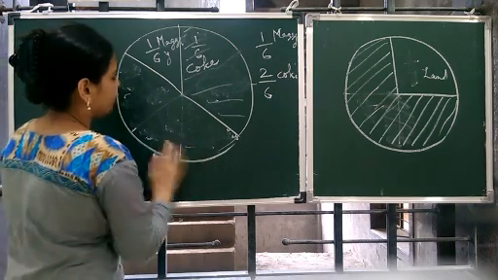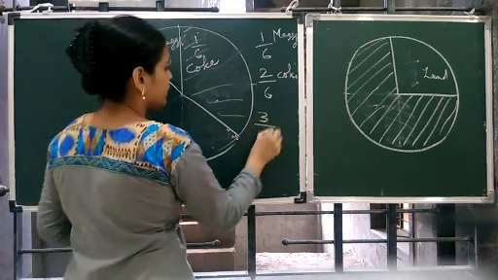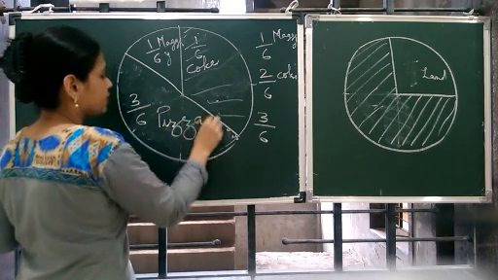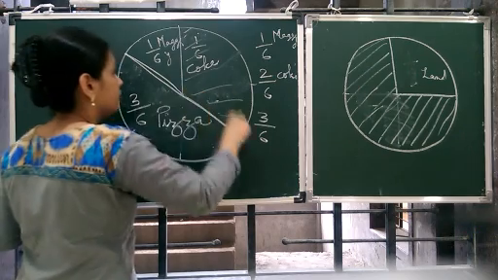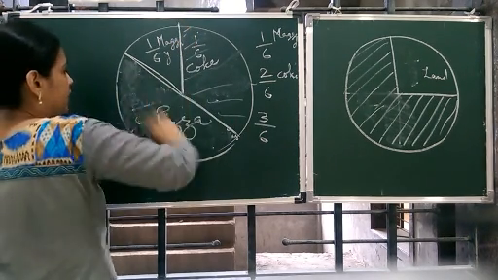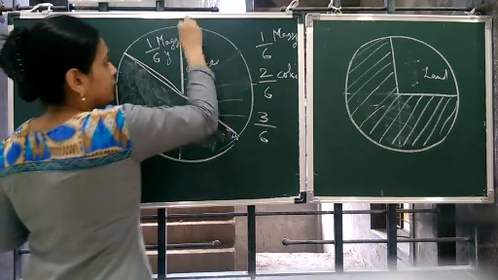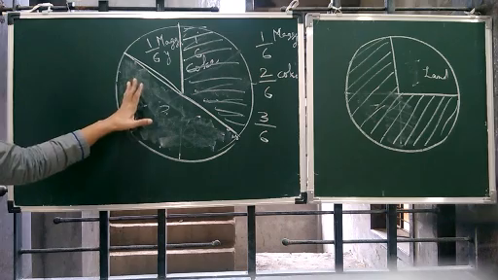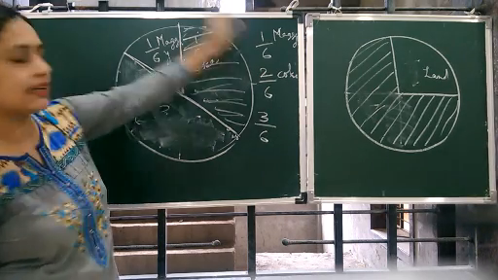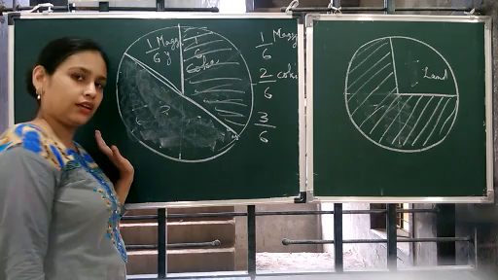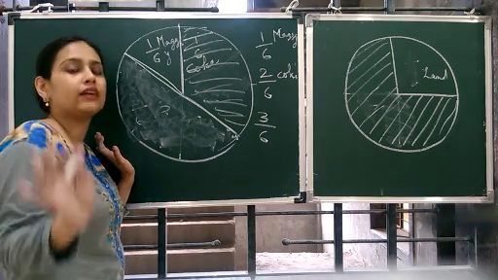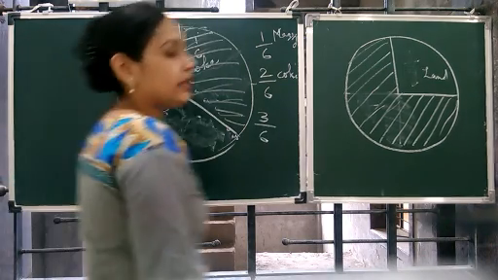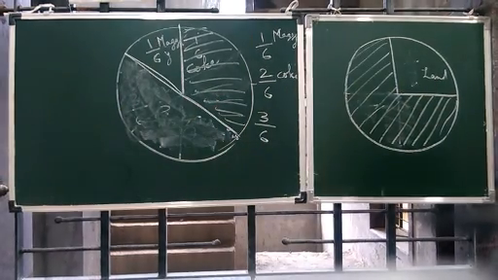Then if you say 3/6 parts, that is 1/2, like pizza, your chart becomes something like this. This is pizza. This is Coke. And this is Maggie. So this is again a data representation in the form of a circle graph, where you have drawn the graph in a circle. For a circular graph, you don't need graph paper. You can draw it on simple paper also. Clear?